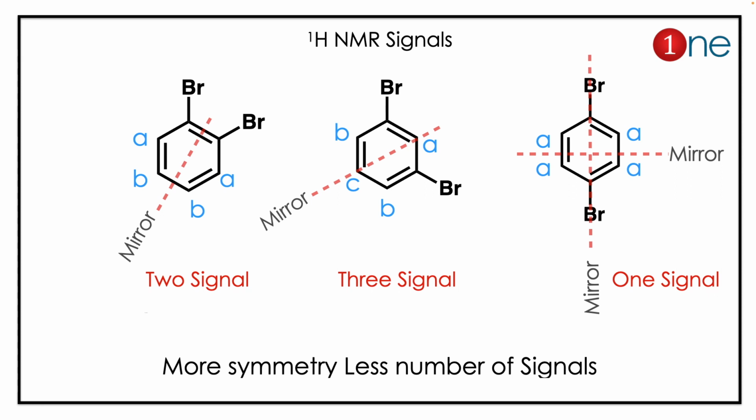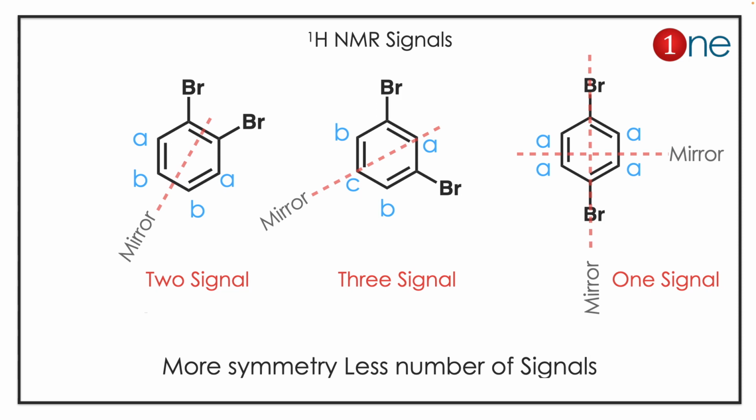The number of NMR signals depends on the symmetry present in the compound. If you look at the ortho isomer, where only two types of protons are there, so you have only two signals. If you look at the meta isomer, the mirror plane comes in between bromine through carbon, so it has three signals,